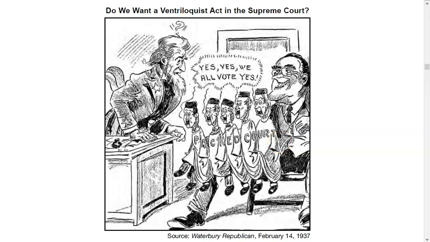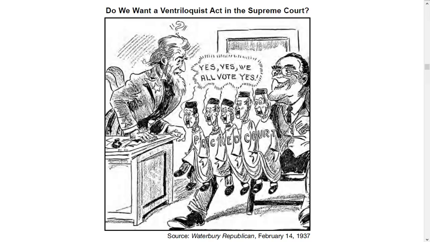So FDR comes into office 1933, and he starts his New Deal, yes? And we know that it's that alphabet soup of programs: the Agricultural Adjustment Act, AAA, the Civilian Conservation Corps, the CCC, the Public Works Administration, the PWA, the Works Progress Administration, the WPA, the Tennessee Valley Authority, the TVA. That's why it was called the alphabet soup, because he starts dozens of these programs, organizations, and departments in the first few months,